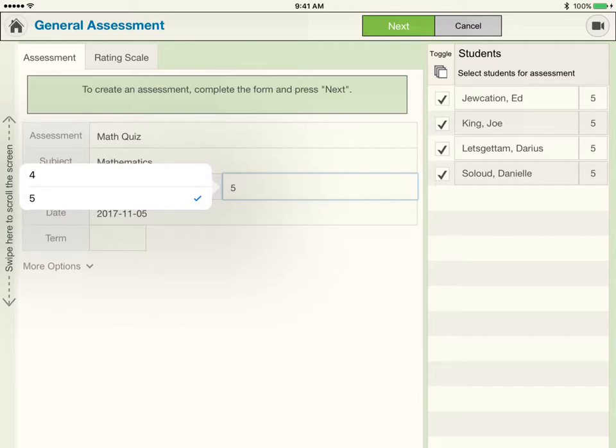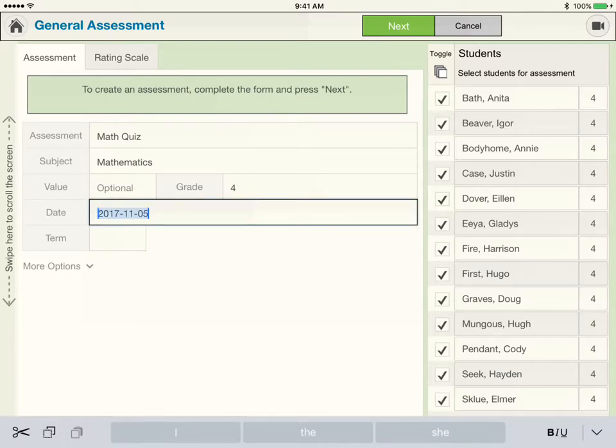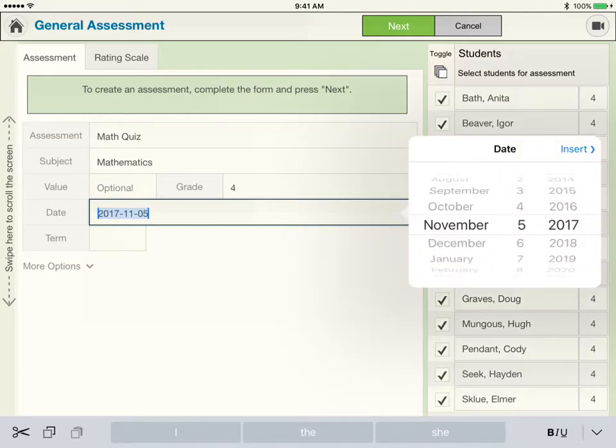But you'll see over here that there's only 4 students here on the side, because there are only 4 students in this fake grade 4 or 5 class. So if this assessment was for my grade 4s, I would just select the grade 4s, and then these are my grade 4s. So I'll pretend it's a grade 4 assessment, and the date, tap on it,